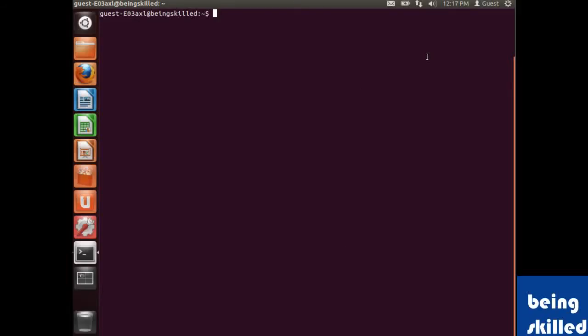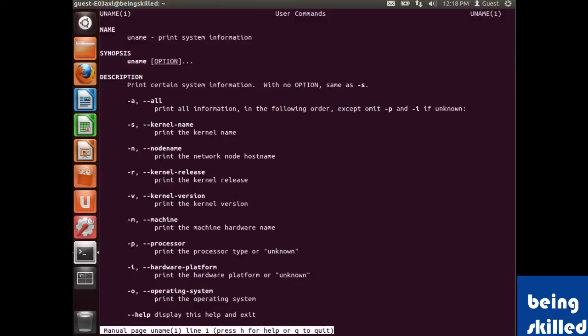Hi, welcome to a Linux tutorial. In this tutorial, we will cover a command called uname. So what does the uname command do? Basically it prints out all the system information. If you want to know what kind of system you are currently on, you can find out by using the uname command. Let's start with reading the manual page of uname. We'll just type man space uname, and it will print out all the information.